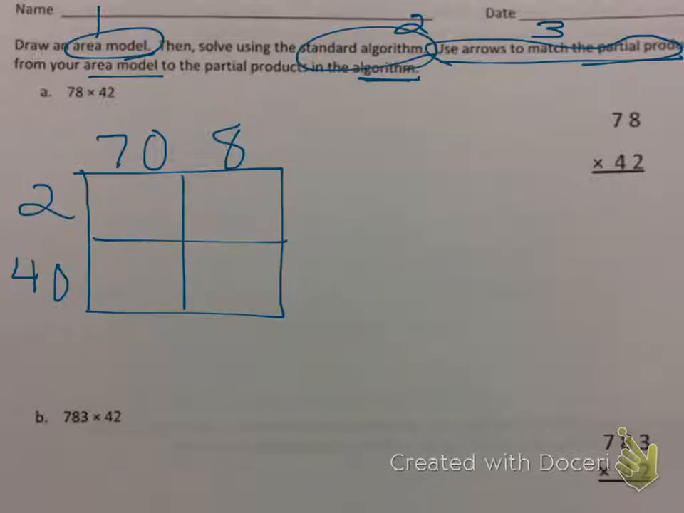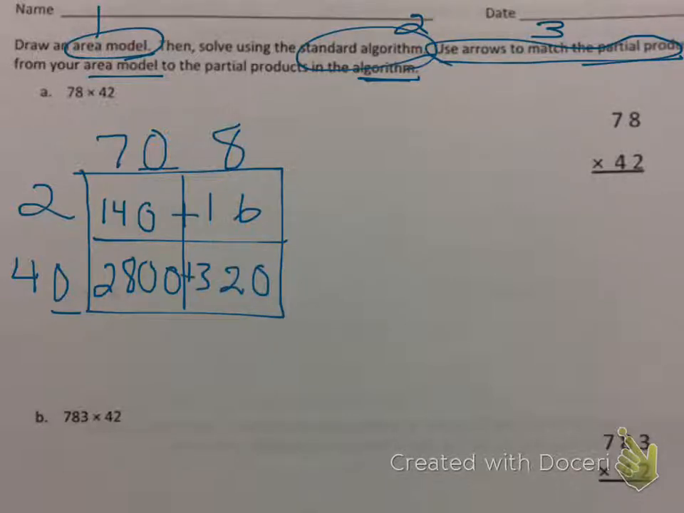So 2 times 70, 2 times 7 is 14, and I add my 0. Then I do 2 times 8, which I know is 16. 40 times 70, 4 times 7 is 28, and I add my 2 zeros here. And then I have 40 times 8, well 4 times 8 is 32, and I add 1 0. Then I can add across to get 2 partial products. 140 plus 16 is easy to add in my head. It's 156. And 2,800 plus 320 is